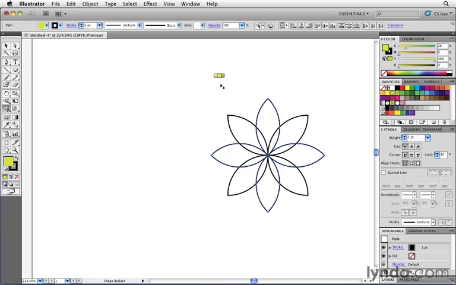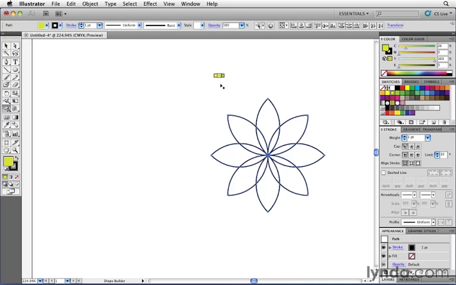Now remember, in order to use the Shape Builder tool on objects, I need to have all those objects selected. Right now, only 4 of my petals are selected, but I would need to select all 8 of them. Now, because I have nothing else at all inside of my document, the fastest way to select everything here is to press Command A or Control A on Windows to select all. Notice that right now, all the objects or shapes are selected in my document, and I can now get started coloring my artwork and building it using the Shape Builder